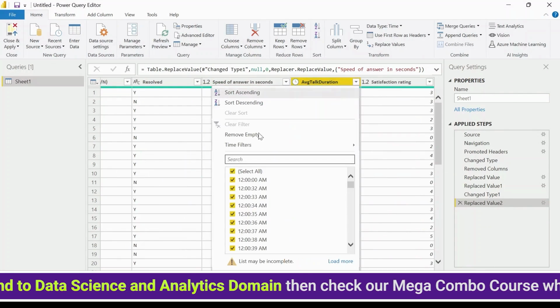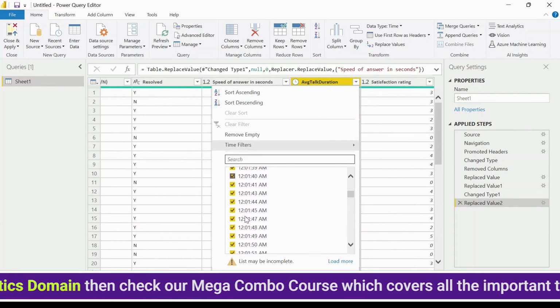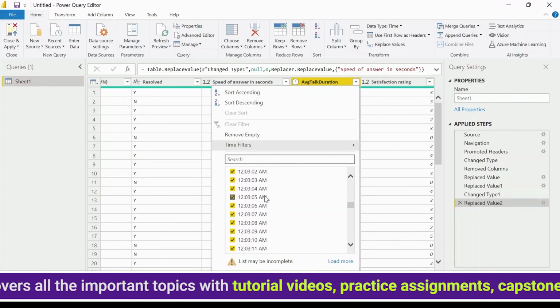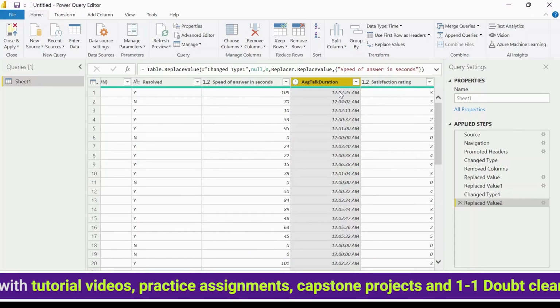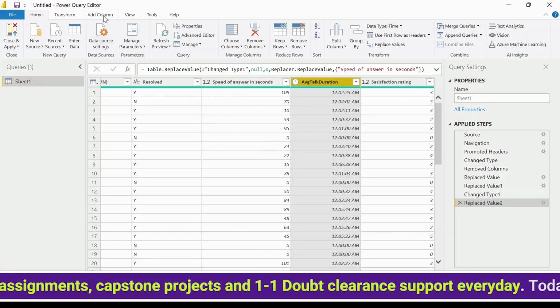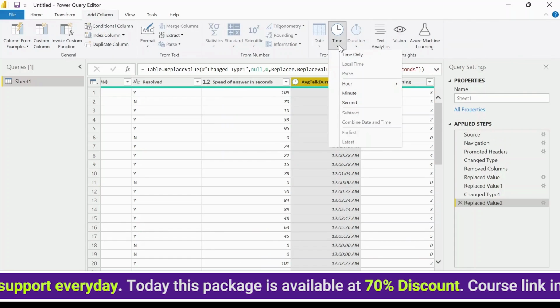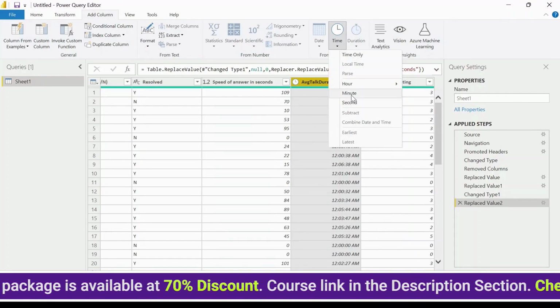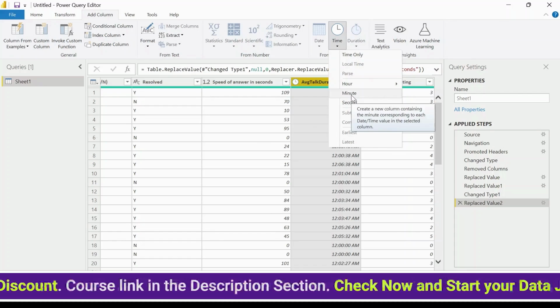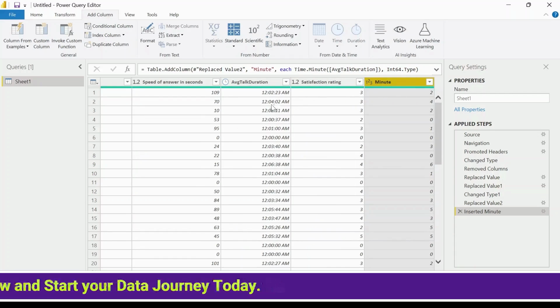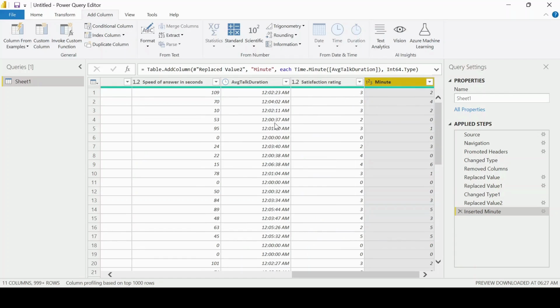Here you can see everything shows 12 hours, but there is a difference in minutes and seconds. So let me extract that. How to do that? Select this, go to Add Column, because we are creating a new column for the minutes. Here I want to extract the timings. So here you can see 2 minutes, 4 minutes, 2 minutes again, 0, nothing because there are no minutes,